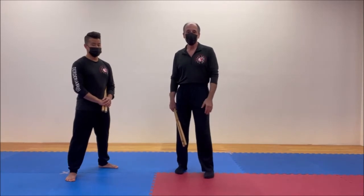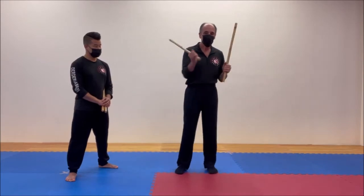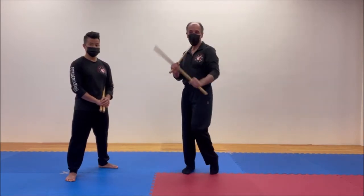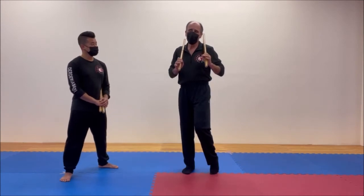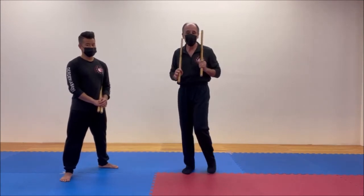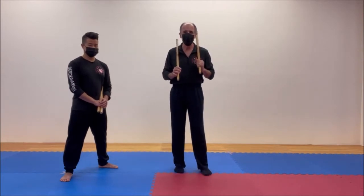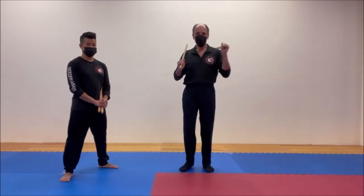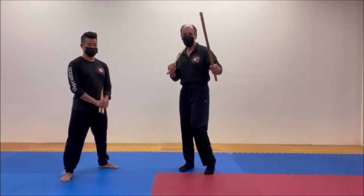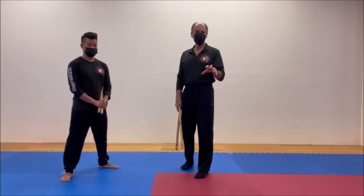So earlier we did a 4-count high-low drill where we just went inward, backhand. So this just takes it to that next step. Kali, everything's very progressive. Everything goes along in baby steps, but it just never seems to end. So we're going to go high, low, high, high, low, high. It's pretty simple. Still in that area of beginner Kali,